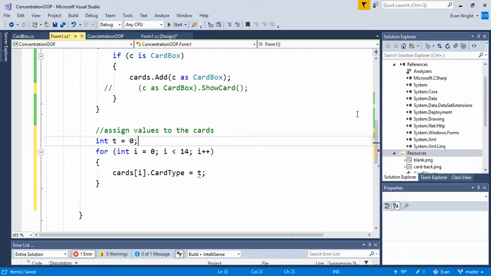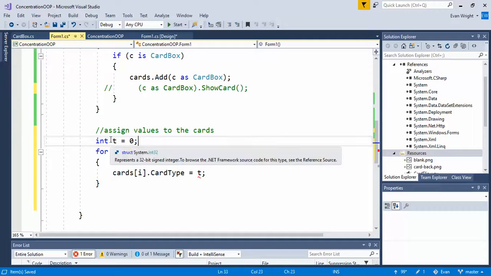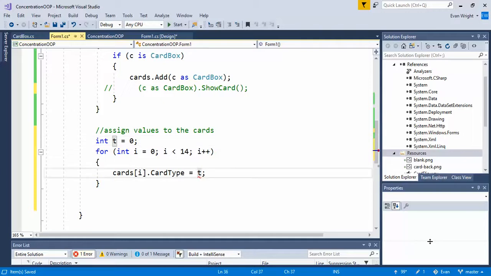This is kind of hacky because really this thing is an enumeration and we're assigning it integers, but we know that our enumerations really are integers 0 to 6, so what we're going to do is just use integers and cast them to be the enumerated types. So this t thing here is an integer. We're trying to assign it to an enumeration. So let's just cast it to be a card type enum. We know that'll work. I know this is just a bit hacky,